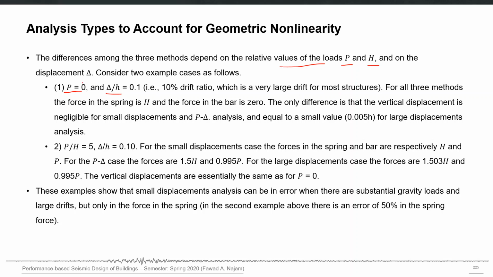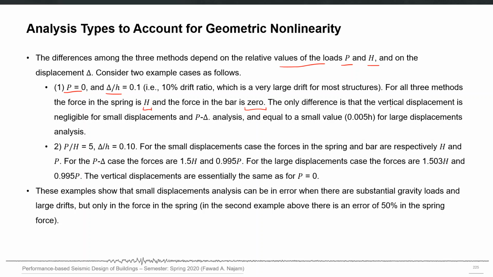Here we have P equal to 0, which means the axial force, the vertical force in the bar, is 0. So for all three methods, the force in the spring is capital H and the force in the bar is 0, which means when there is no axial force or vertical force on the structure, all of these analysis procedures will give you the same answer.